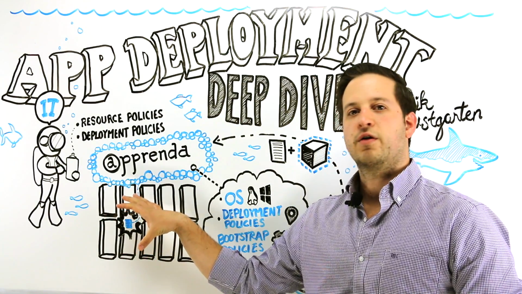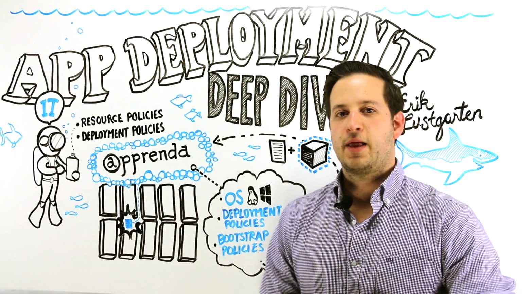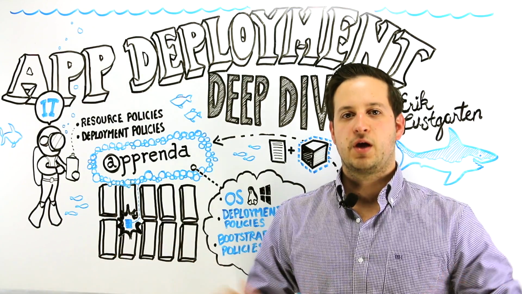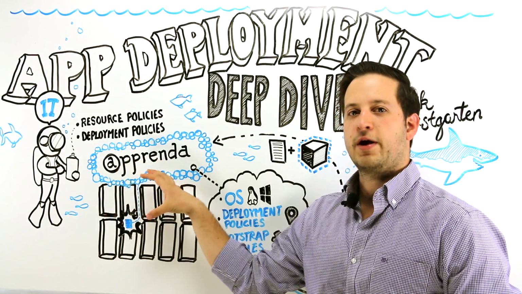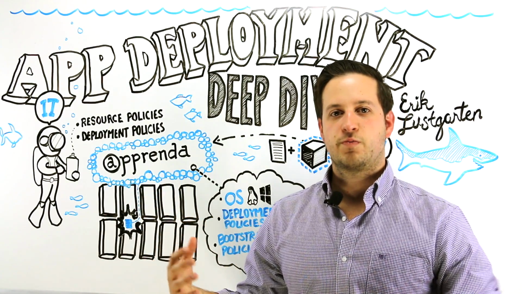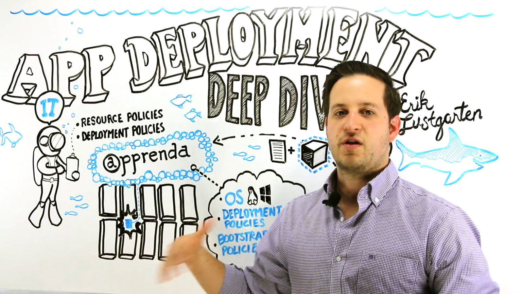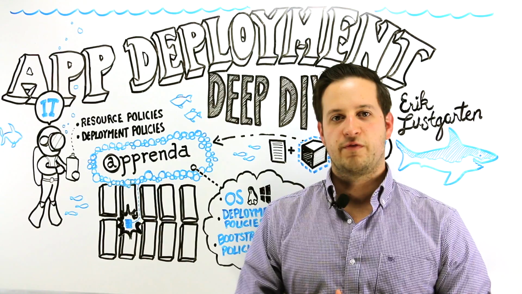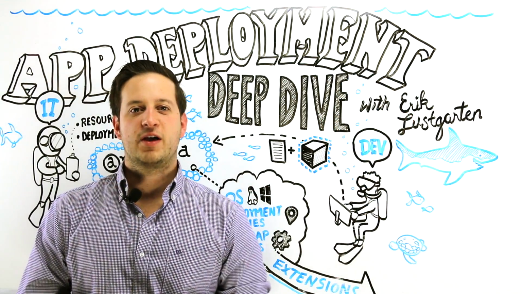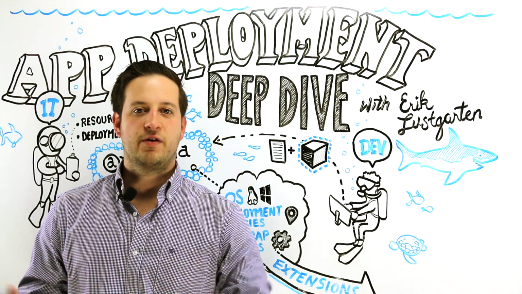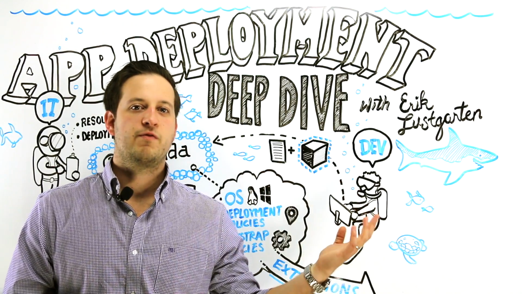Once the servers have been configured, we install the Apprenda platform, which creates its distributed application or peer-to-peer routing fabric. IT then goes through the Apprenda platform under the operations portal to configure the policies and resources that are going to be available for developers to deploy and manage their applications. Once the platform has been configured and set up by your IT or operations team, it's open for developers to